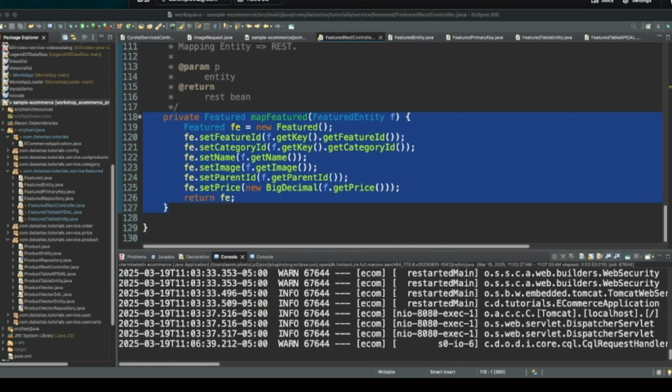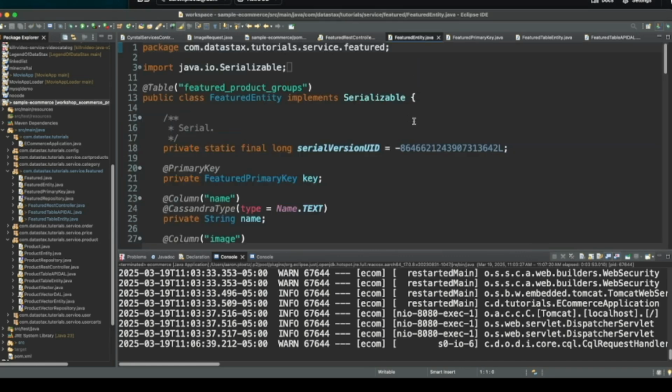And that basically takes a featured entity as it's returned from Spring Data and maps it into a featured class, which has a lot of the same properties. But if you've used Spring Data Cassandra, you know that the entity classes let you do things like specify table names and column names and keys and things like that. And this mapper basically just brings it back to the normal featured class. So we'll probably need something like this for our new featured table entity class that I'm going to show you how to build in just a minute here.